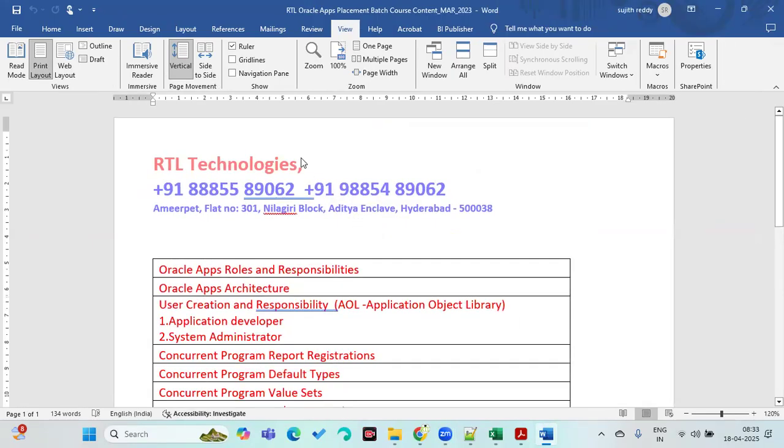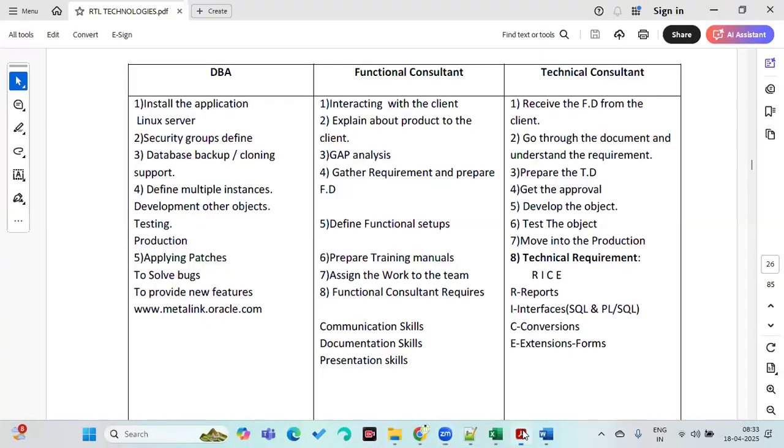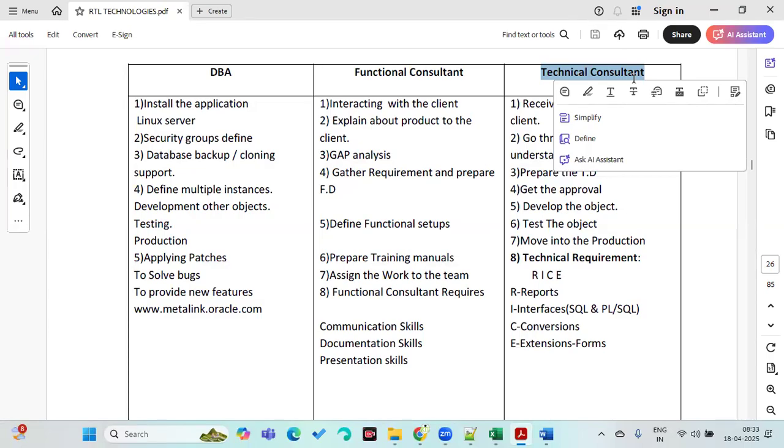So if you want to learn Oracle applications technical, that means techno-functional. What is the meaning of techno-functional? When you go for an interview, they'll ask: are you a technical consultant or a techno-functional consultant? I am a 100% technical consultant. I have around 30 to 40% knowledge of functional.